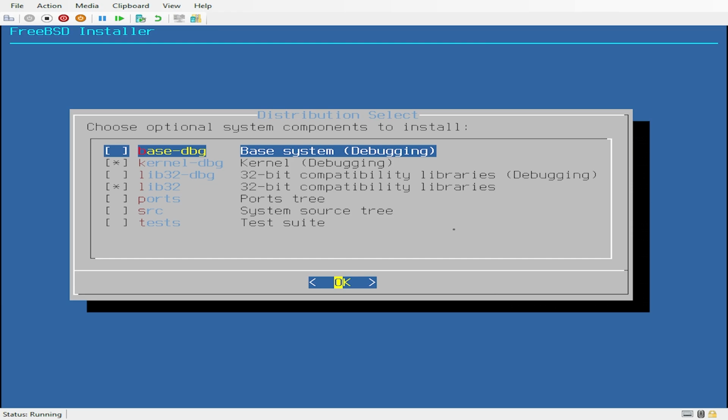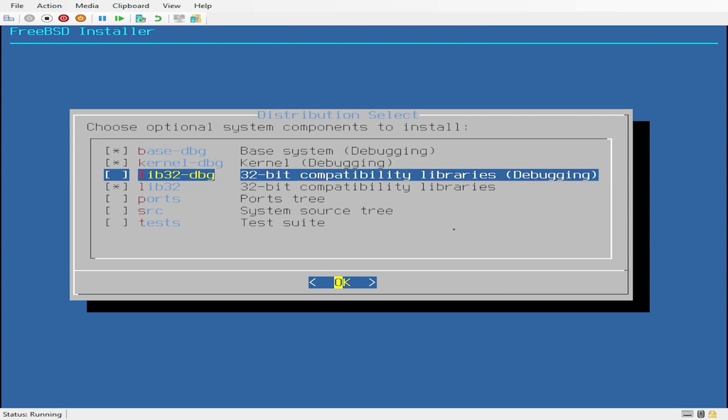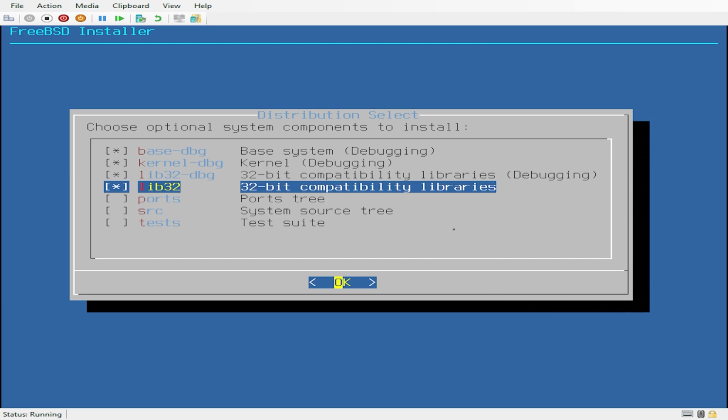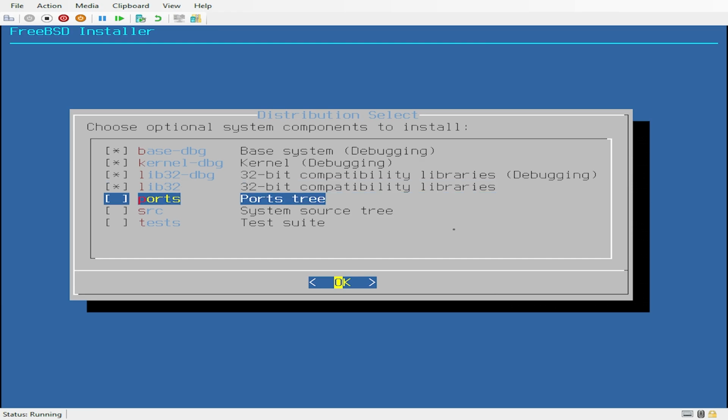Do we need base system debugging? Well, for what we're going to be doing here, I'm going to choose yes. Again, this is just hitting the space key for lib32 debug and lib32. And then the final piece here is I'm going to choose system source tree, and I'm going to hit enter